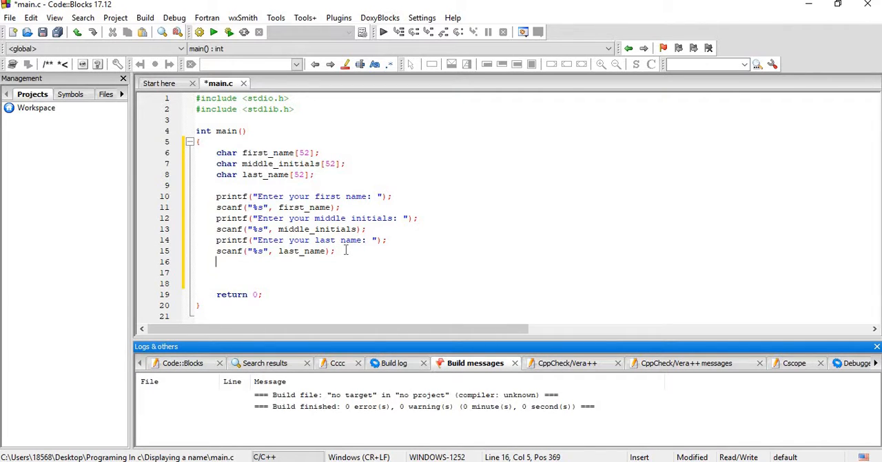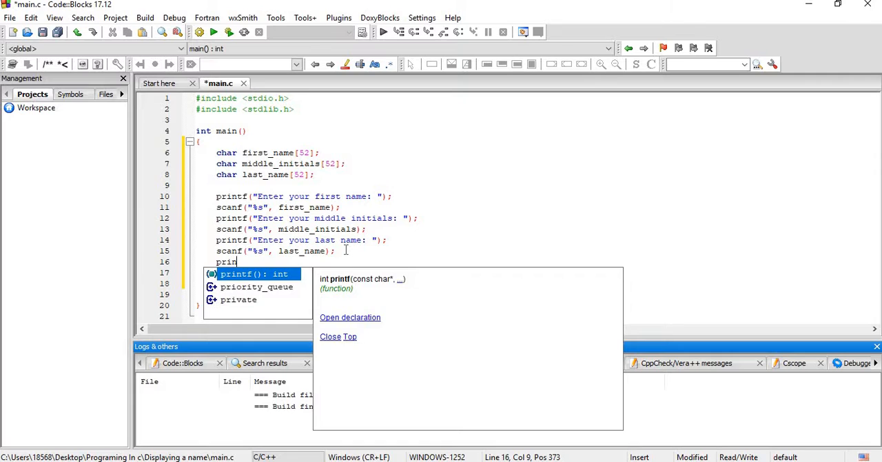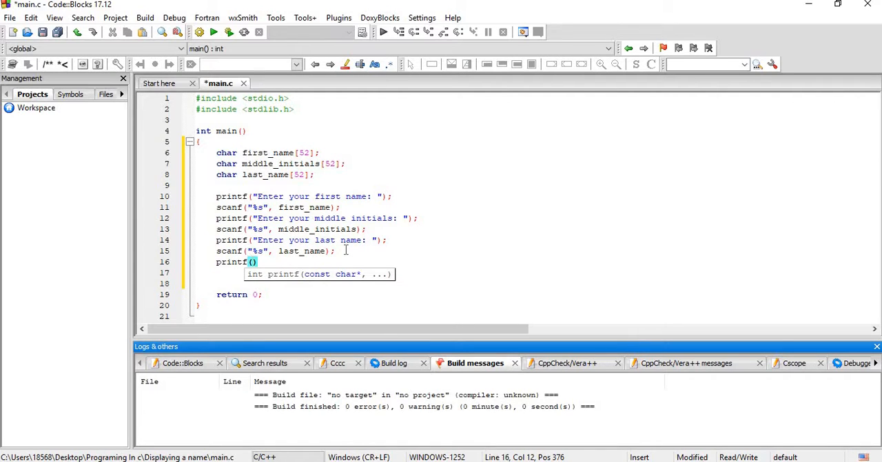Alright, now print out the full thing. Do printf, parentheses, your full name is, now we gotta do %s, %s, %s again, comma, now we must call upon each string,